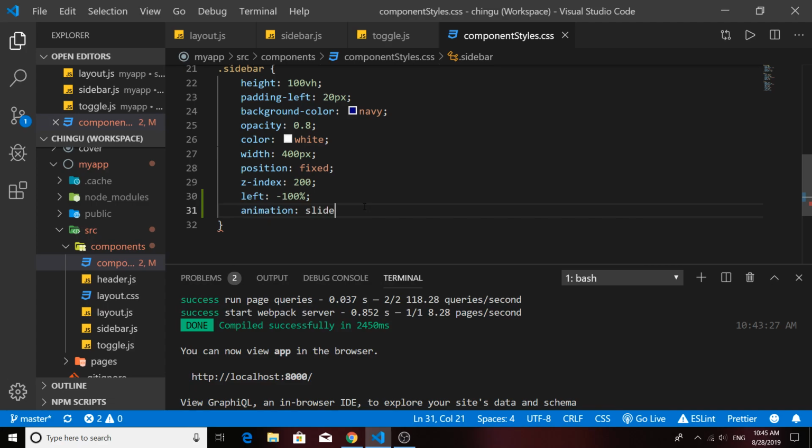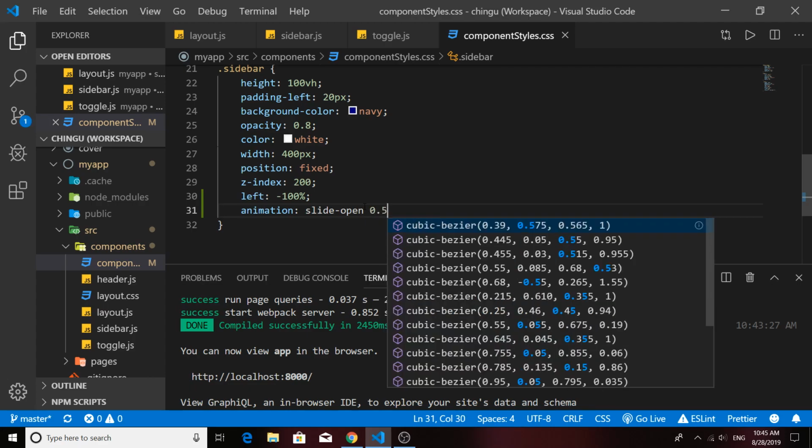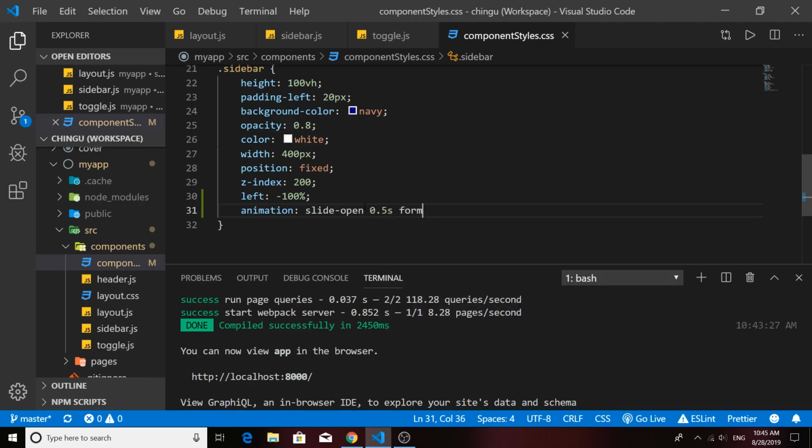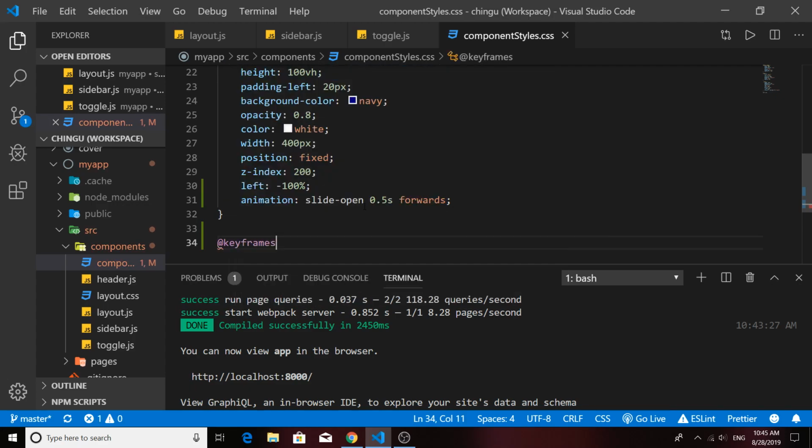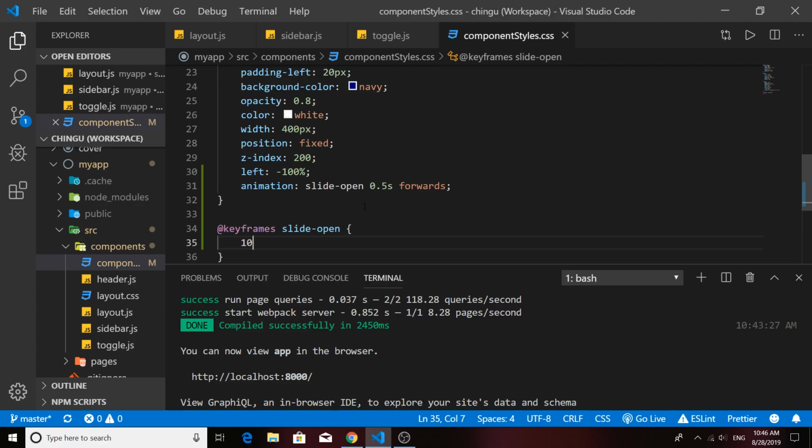And we'll call that slide open. We'll let it take place for a duration of about half a second. All right, and to make it work, we'll need to use keyframes. Remember, we called this slide open, and you can give it whatever title you want. All right, and we'll say that when the process of sliding is 100% complete,